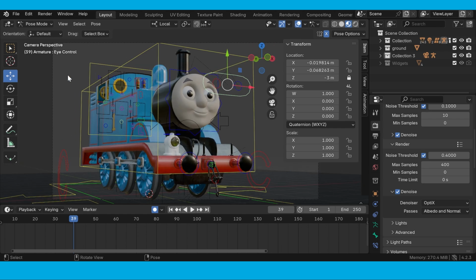Mostly three, because we're gonna get into how I do the wheels and how I move Thomas. Basically, there are three types of animations you could do. The first one is the lazy option, which is just moving Thomas with no dramatic detail, which we'll start with first. The second one is